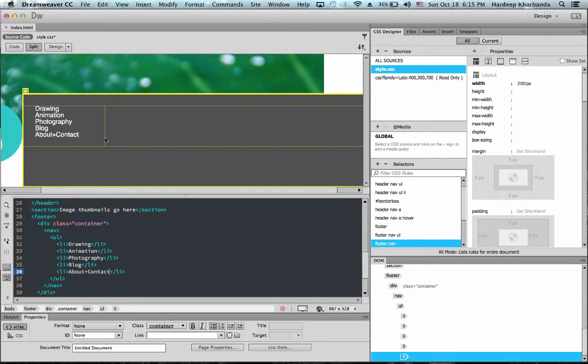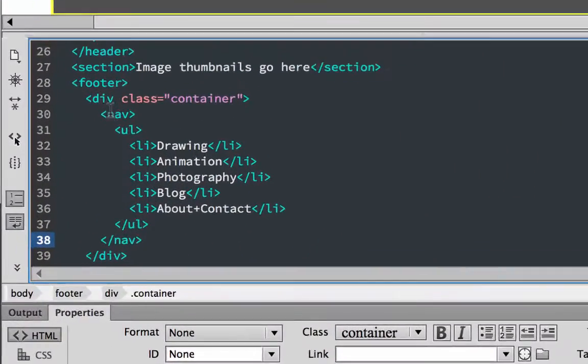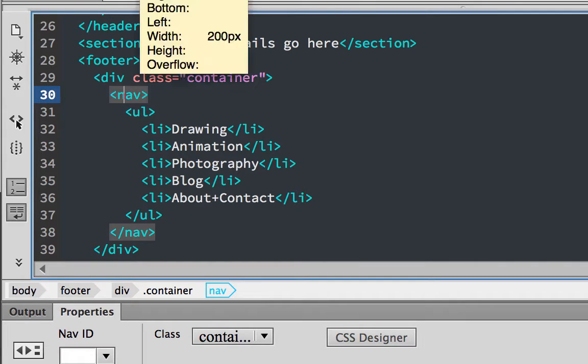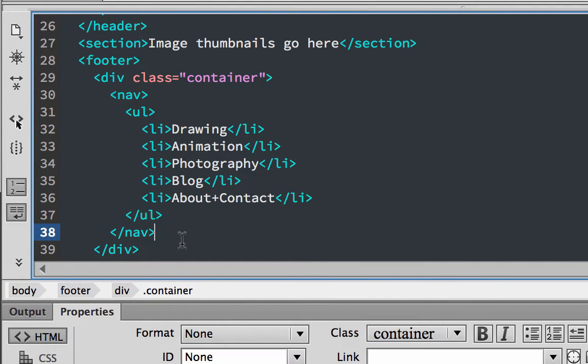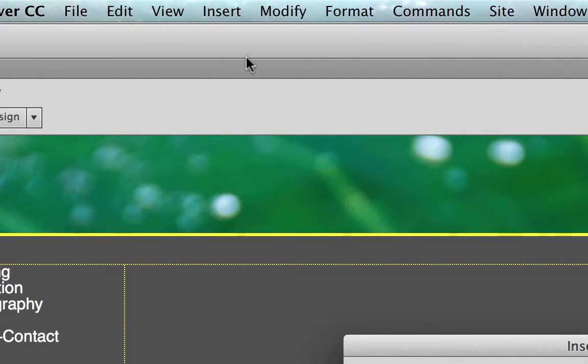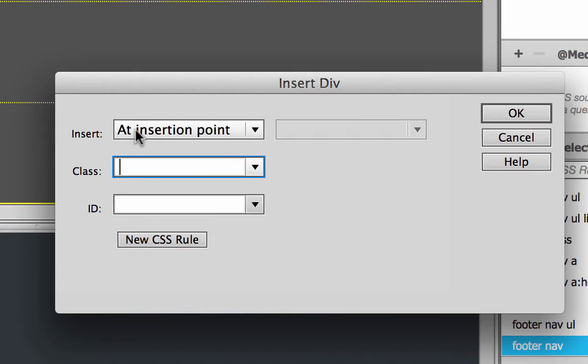To add my div right after my footer menu, if you look at the code, I want it to appear after my footer menu ends, which is right here. And then I go to Insert, Div, and I say insert it at this point. The insertion point is where my cursor is, and that's where I want this div to appear.